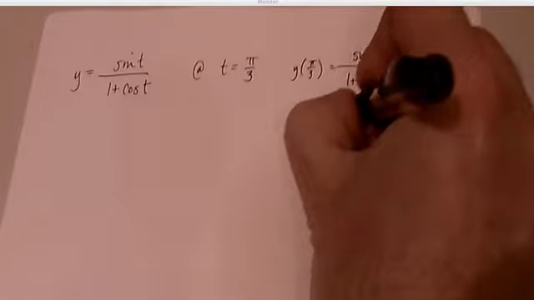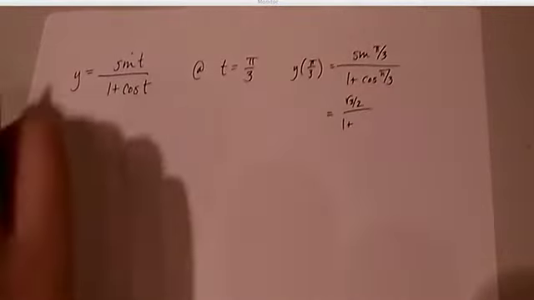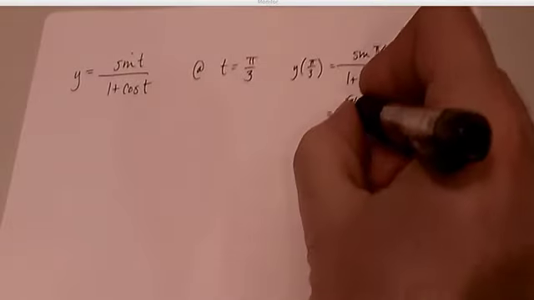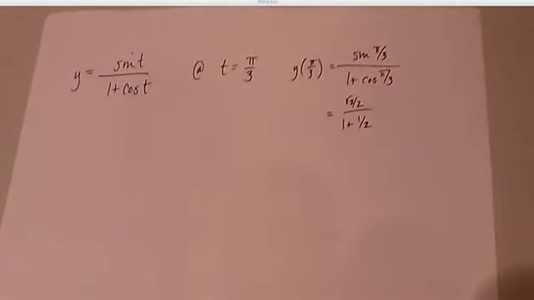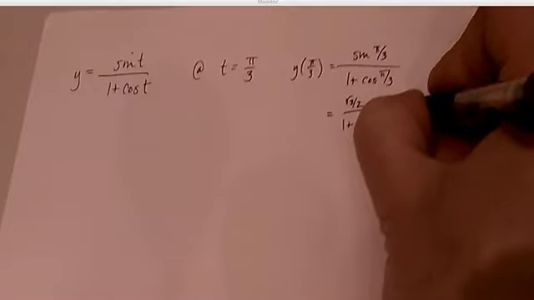What's sine of pi over 3? Anybody? Yeah, it's because you don't know your unit circle values. Okay, sine of pi over 3 is root 3 over 2, and this is 1 plus, and of course cosine of pi over 3 is going to be the other one, right? It's going to be 1/2, and therefore this is root 3 over 2 over 3 over